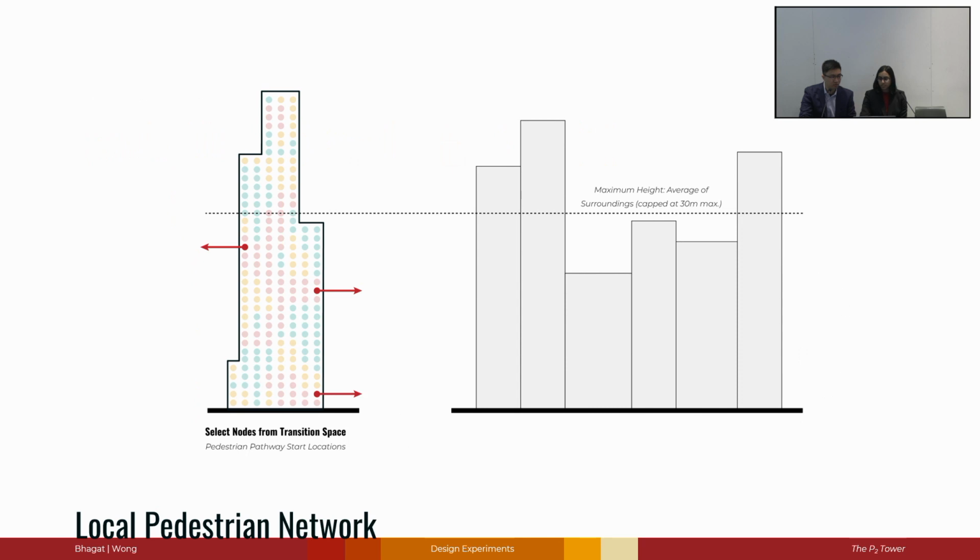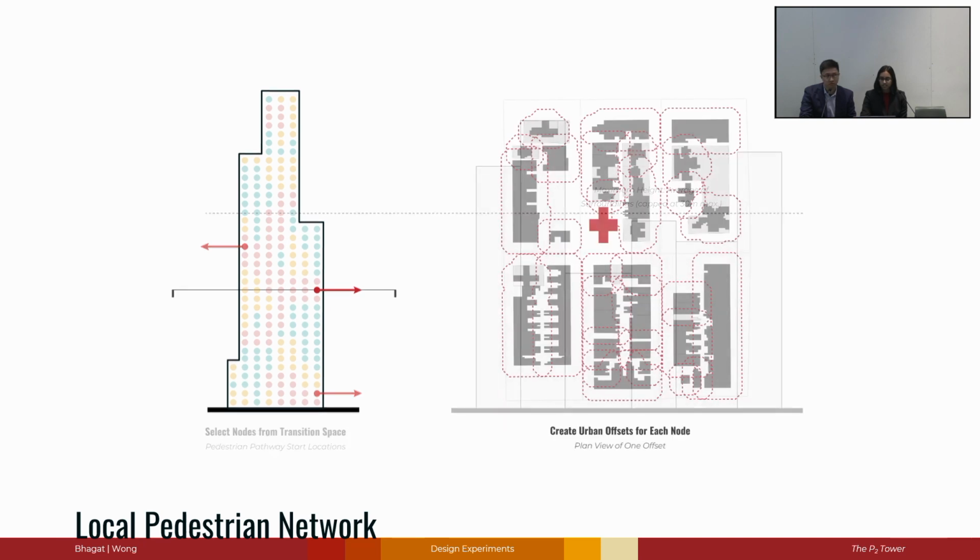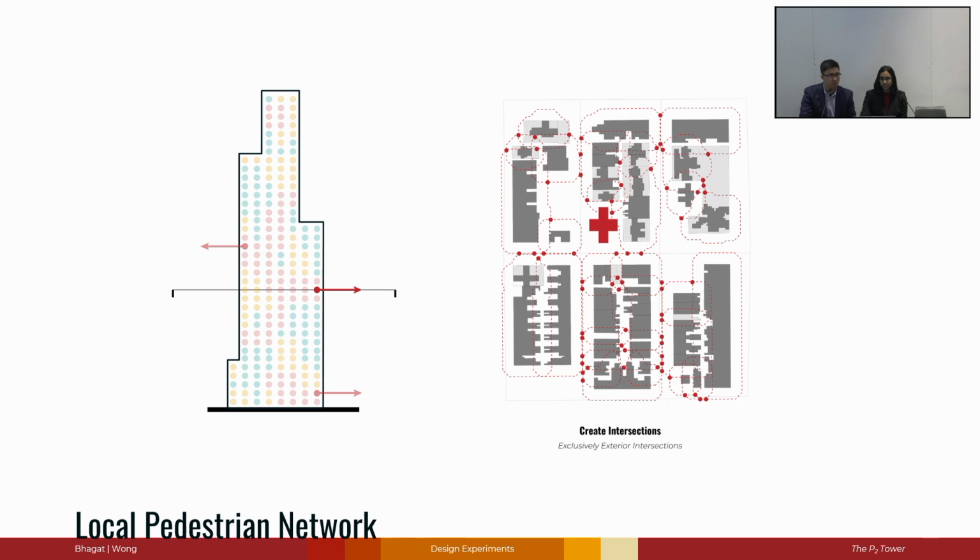At the micro-urban scale, the pedestrian pathways stem from that newly developed transition space of the tower. The heights of these selected nodes are mediated by the heights of the local context. From there, offsets are created from the surrounding context at the height of each node. Intersections from these paths are then created and weighted based on the sociability of surrounding buildings. The pedestrian pathways are then created by finding the closest points with the most similar sociability weightings in the urban